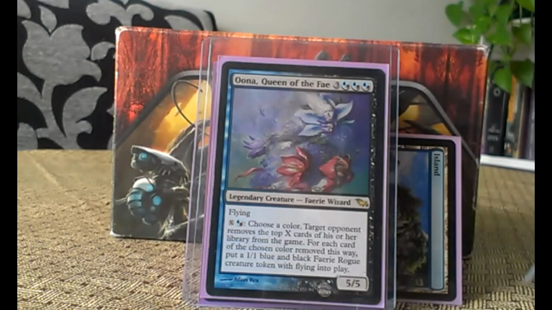So this is Oona, Queen of the Fae. She's a 5/5 flyer for 6. Her activated ability is X and 1 blue-black hybrid: Choose a color. Target opponent removes the top X cards of his or her library from the game. For each card of the chosen color removed this way, put a 1/1 blue-black Faerie Rogue creature token with flying